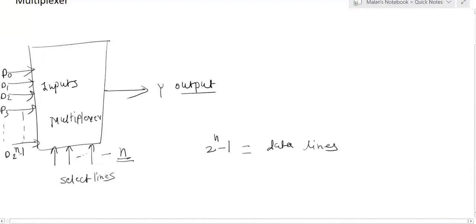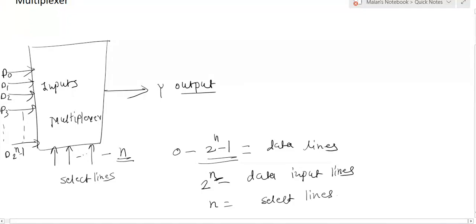When I start the data lines from 0, then I take the data lines from 0 to 2 raised to n minus 1. So I can say that there are 2 raised to n data input lines and n is used as the select lines.